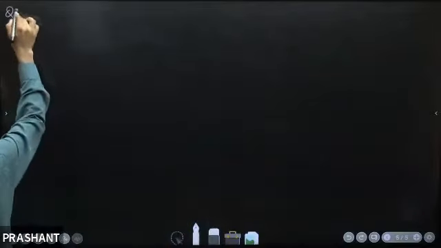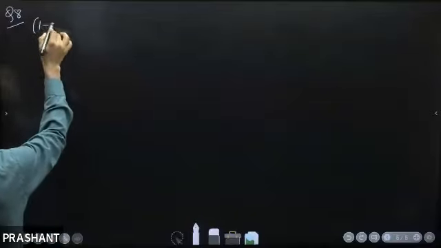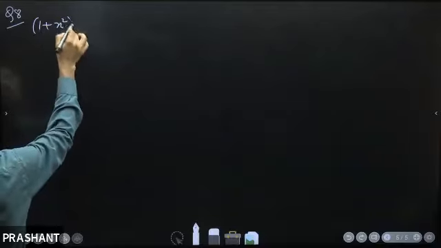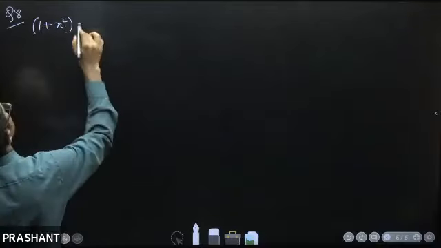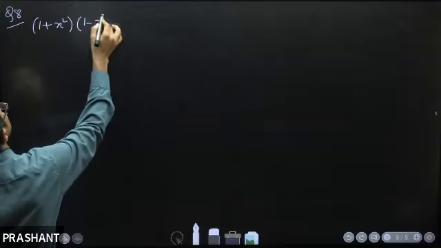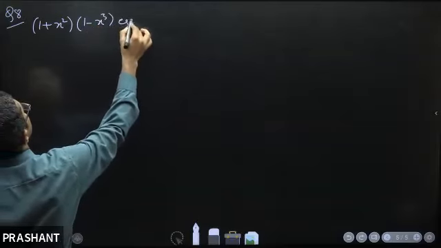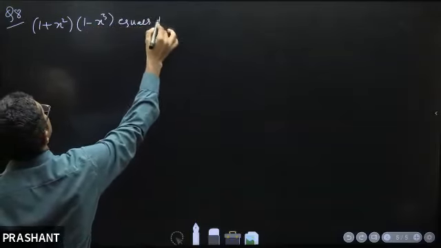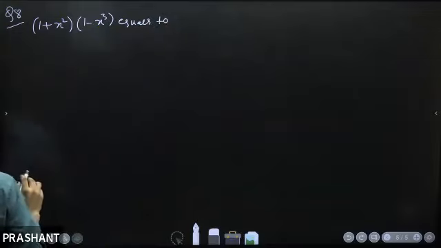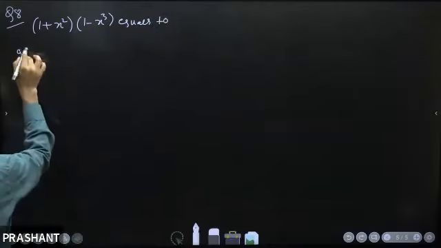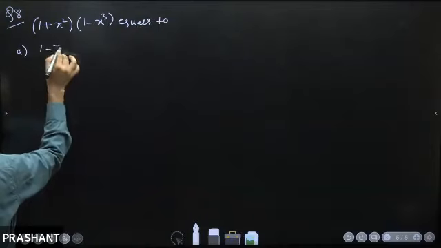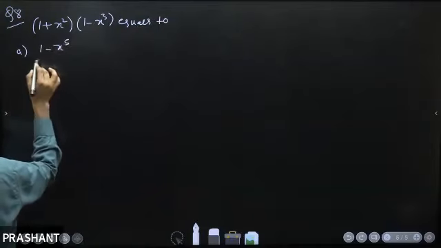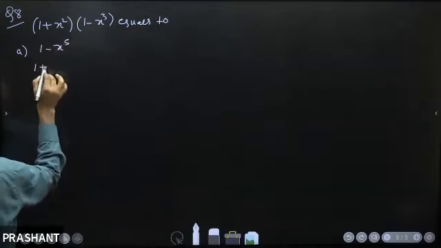Question number 8. 1 plus x square and 1 minus x cube equals to 1 minus x to the power 5, 1 plus